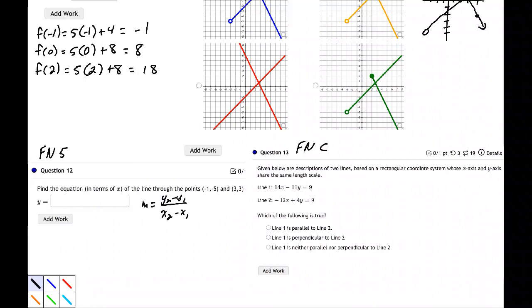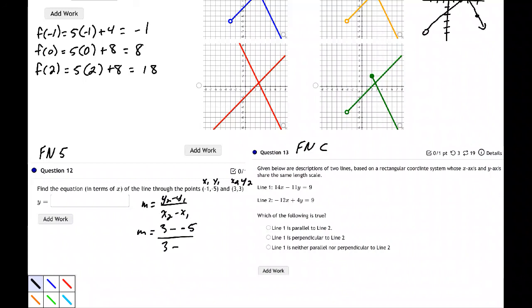So we need to find the slope. But first, I need to label my points. So -1, -5, I'm going to call those x1 and y1 respectively. And the point 3, 3 will be x2, y2 respectively. How we label that is sort of important. So let's match those values into our slope formula. So our slope is y2 is 3 based on our labeling minus y1, which is -5 based on our labeling, and then divided by x2 minus x1. So x2 is 3, the way we labeled that,